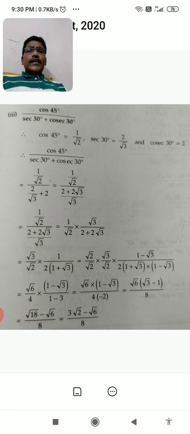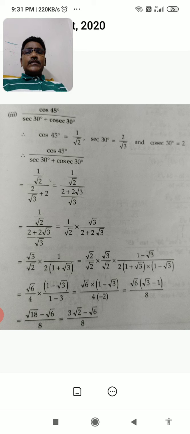Here you observe in the denominator no roots are there. So this sum is very important because only I taken this sum to explain to you. Here numerator is clear. In the denominator LCM comes. After completing the LCM, we want to try to remove the roots. Here two terms are there, the roots. One is the root 2. To remove root 2, we are multiplying and dividing by root 2, and we are taking the common 2 out in the denominator. Then remaining part is 1 plus root 3. To remove that 1 plus root 3, we are multiplying and dividing by 1 minus root 3. So we are getting the answer.